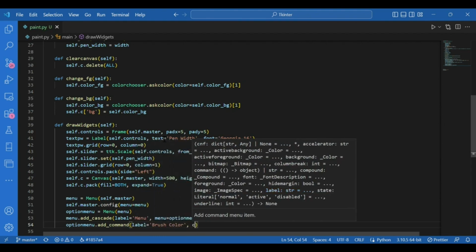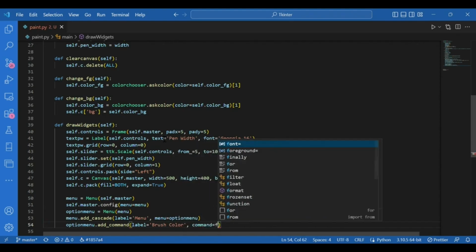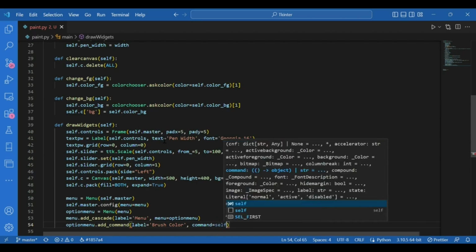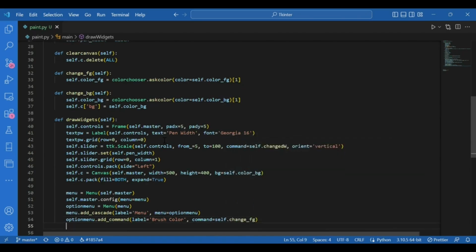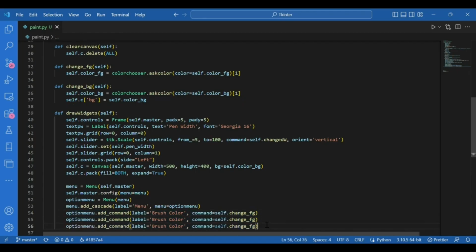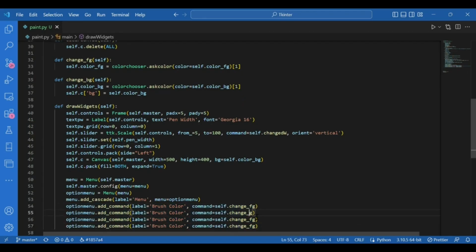Similarly, for the other functions, I'll write option_menu.add_command(label equals background color, command equals self.change_background). Then option_menu.add_command(label equals clear canvas, command equals self.clear),